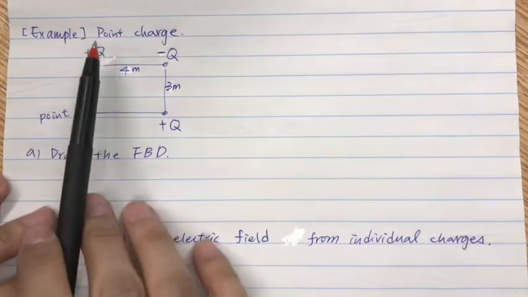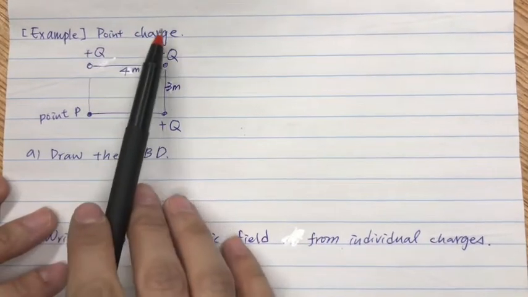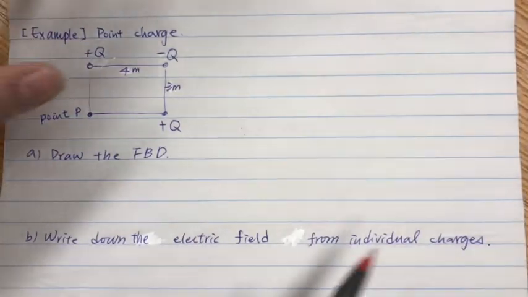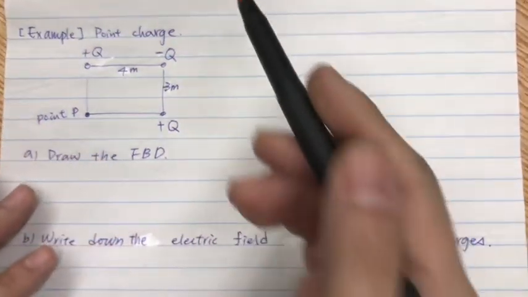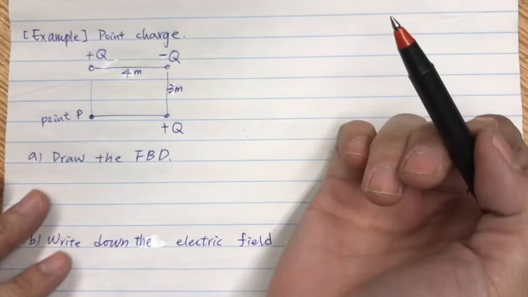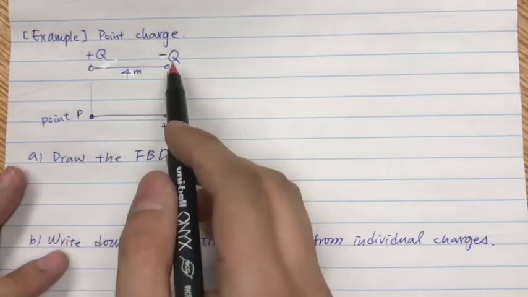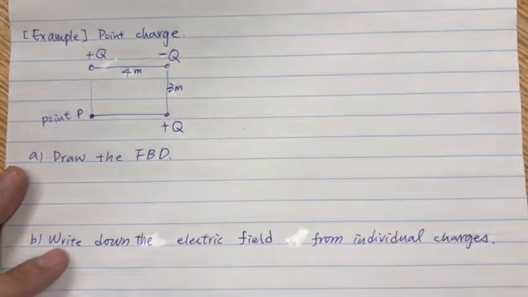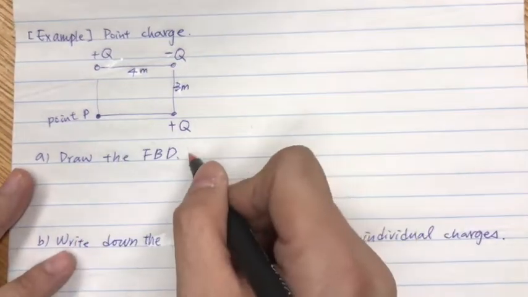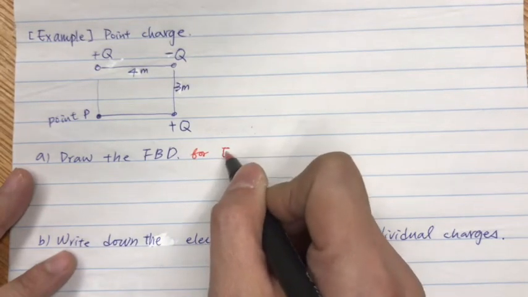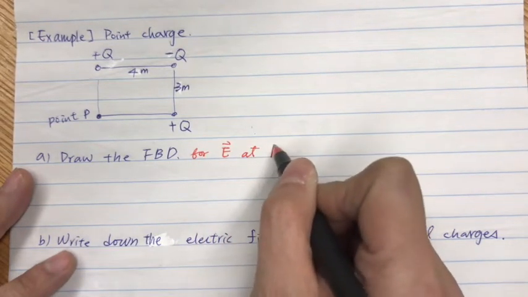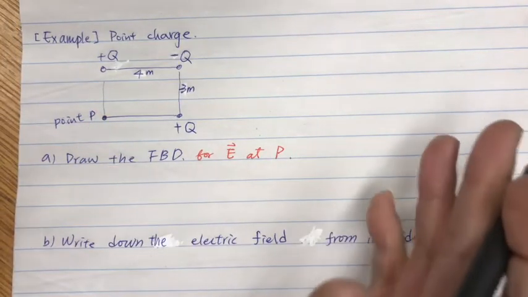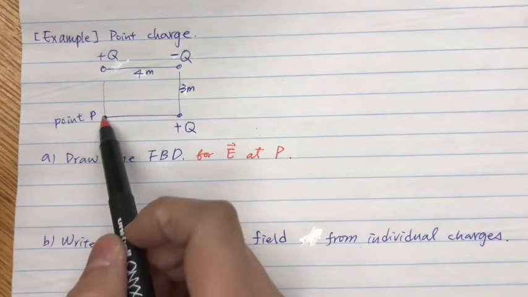Alright. So now this is just one example talking about how electric force, field, and potential energy are connected, in a point charge example. If there's only some point charges here, here, and here, now let's draw the free body diagram for the electric field at P. At P, I haven't put on any charge yet, so there's no charge. I just wonder what's the field